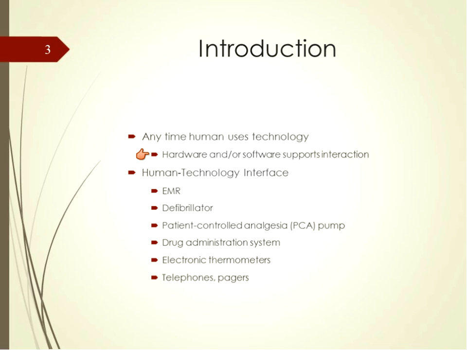Other examples of human-technology interfaces one might encounter include a defibrillator, a patient-controlled analgesia pump, any number of physiological monitoring systems, electronic thermometers, and telephones and pagers. The human interfaces for each of these technologies are different and can even differ among different brands or versions of